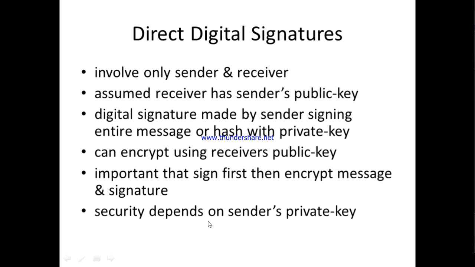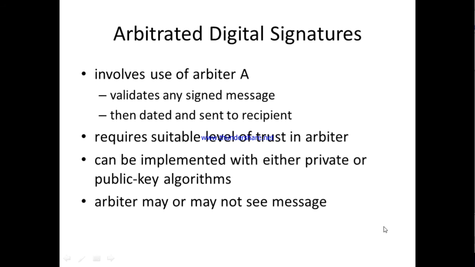Where the sender is encrypting the message with the private key, okay? And the receiver will decrypt the message with the sender's public key. So when it is able to decrypt the message with the public key of the sender, that means only the authorized sender has sent it, so it can be understood indirectly. But the security depends upon how secure the private key is. Clear, right? Now coming to the arbitrator.